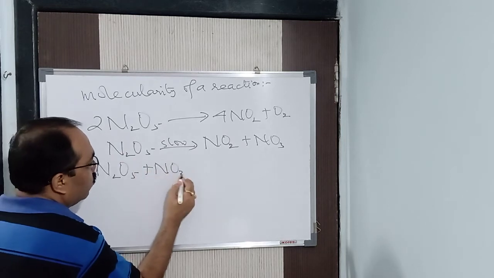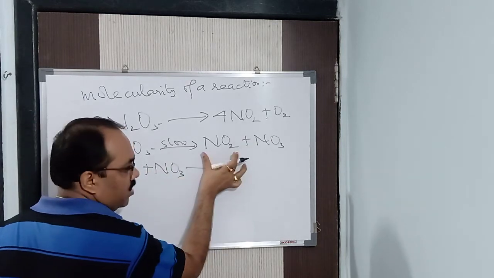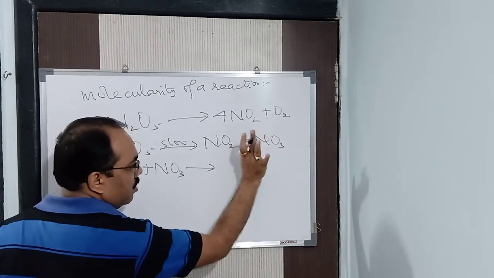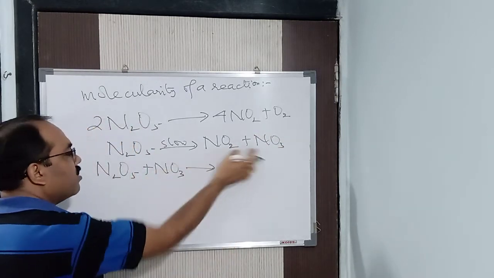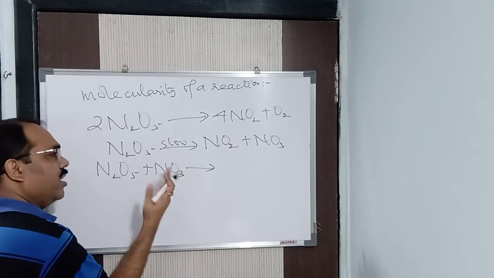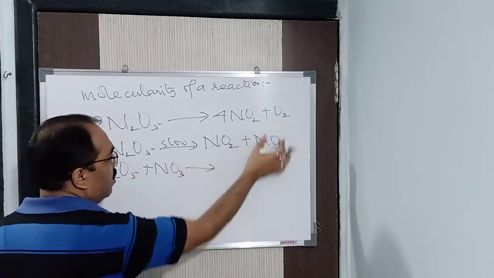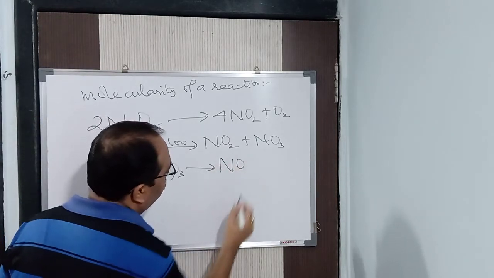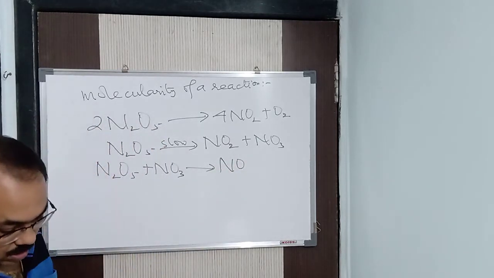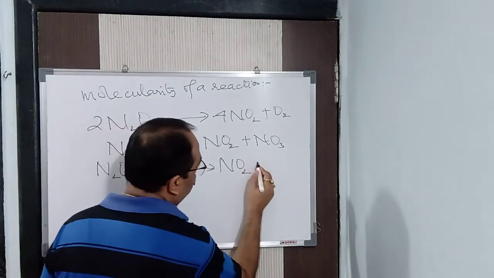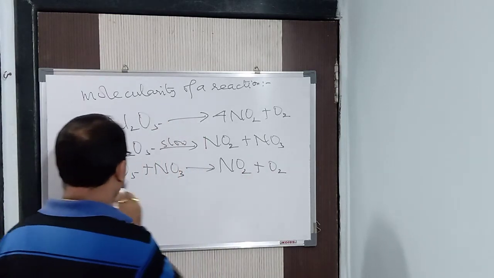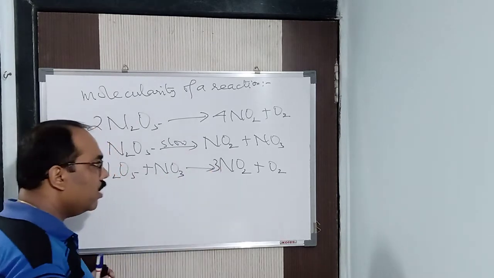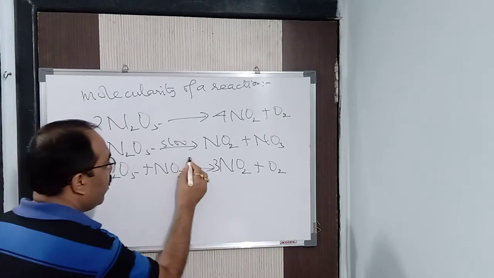N2O5 will react with NO3 because you know NO3 is unstable, NO2 is stable. NO3 would have to be a radical, but it is not stable. So definitely this will react with this. Apply common sense and understand it. So this will combine with another N2O5 to give you NO2 plus O2. How many NO2 is there? 3 nitrogen. So 3 NO2 plus O2. Finished. So this is a fast step.